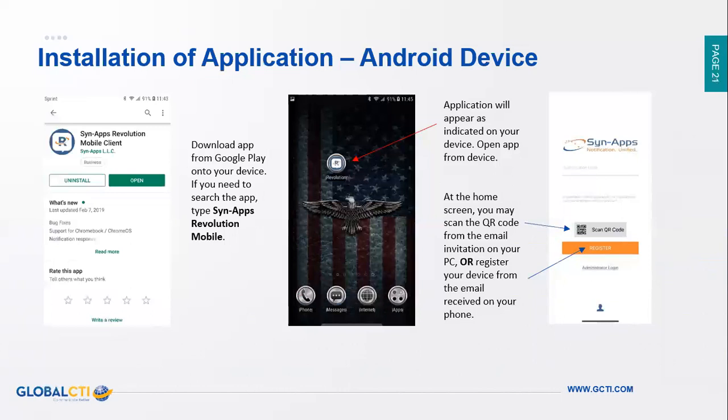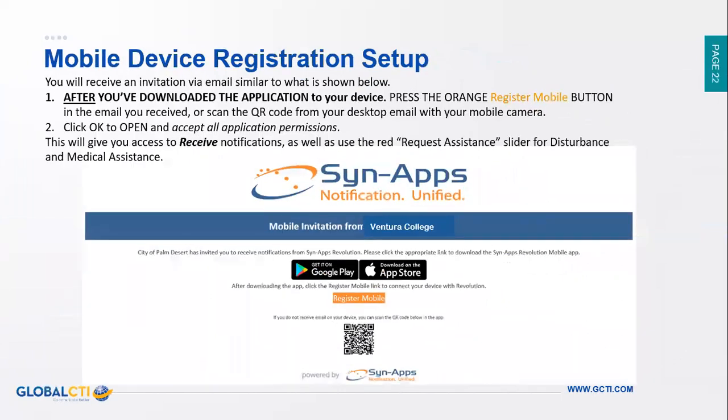The application may open to a registration page. At that point, just hold. You should receive an email when you're ready to download this. You need a request from IT to send you the Synapse Revolution setup email. When you see that email, and this is after you've downloaded the application, go to